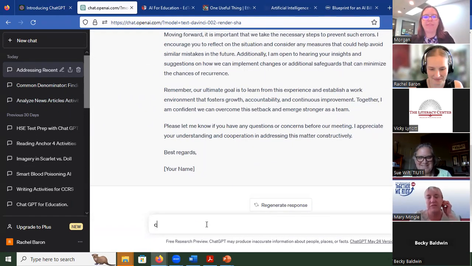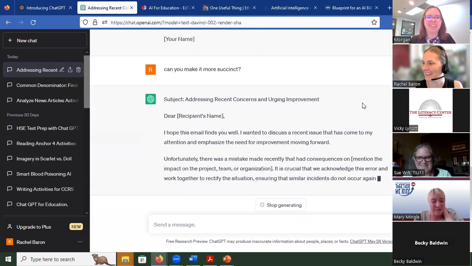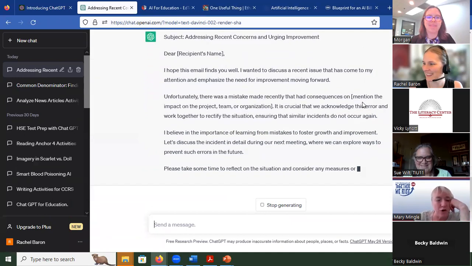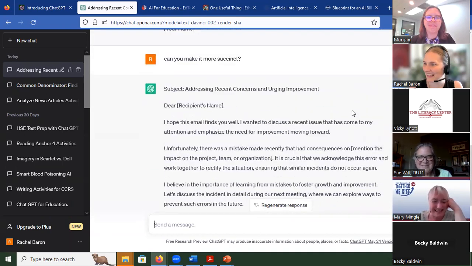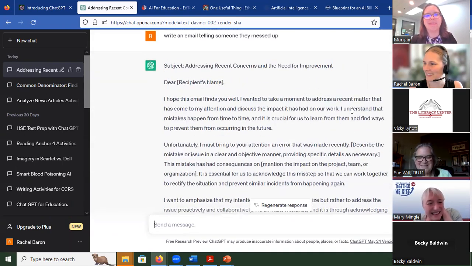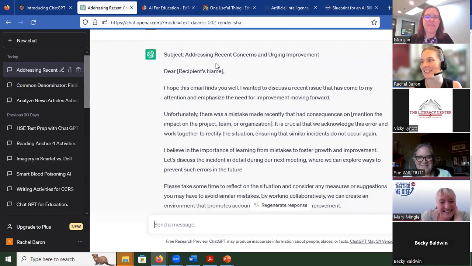That's the punishment for messing up. You're forced to read these long and you never find out what you messed up on because is it specific? We didn't tell it what the error was. Supervisors are always looking for ways to give feedback, but it's still not going to work. Yeah, so it did make it a little bit shorter here. But addressing recent concerns and urging improvement is our subject line here. So yeah, I mean, you can, and then like,